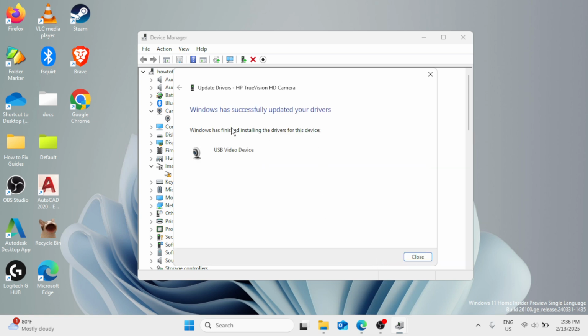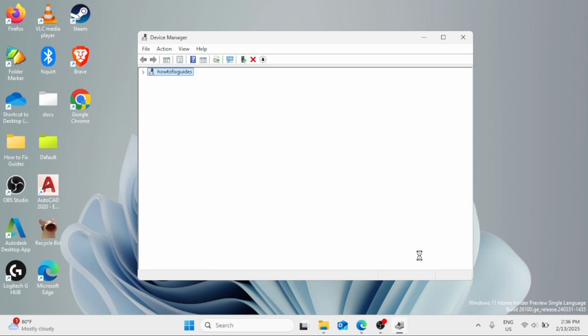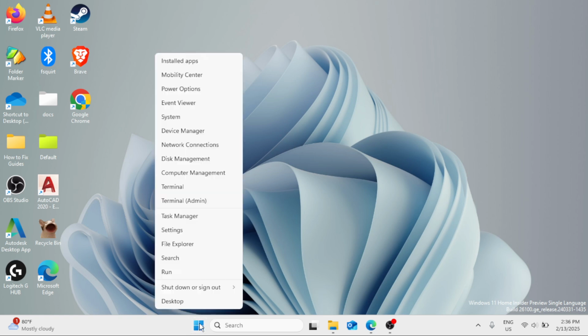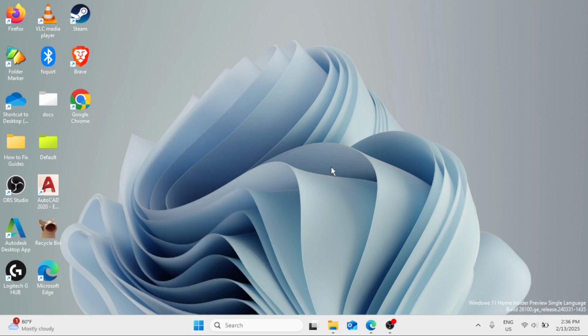Now Windows has successfully updated your drivers. Click on close. Now close this window. And then again, right click at the start button, shut down or sign out, and then restart your Windows. So if any of the solutions helped you in fixing the camera black screen issue,